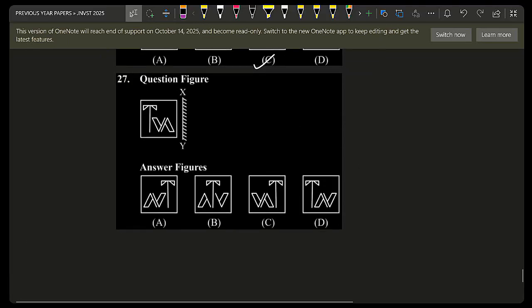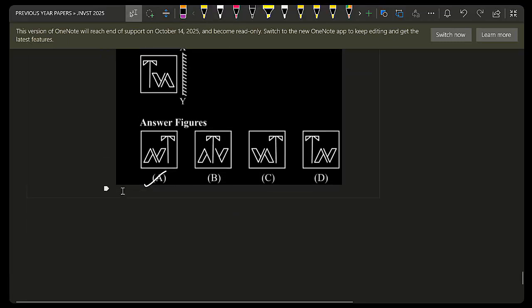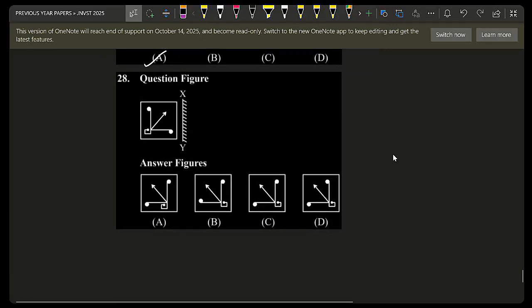27. The correct mirror image is option A. This will form here, and this will form something like this. This will form something like this. So it is seen in option A. 28. The correct mirror image is